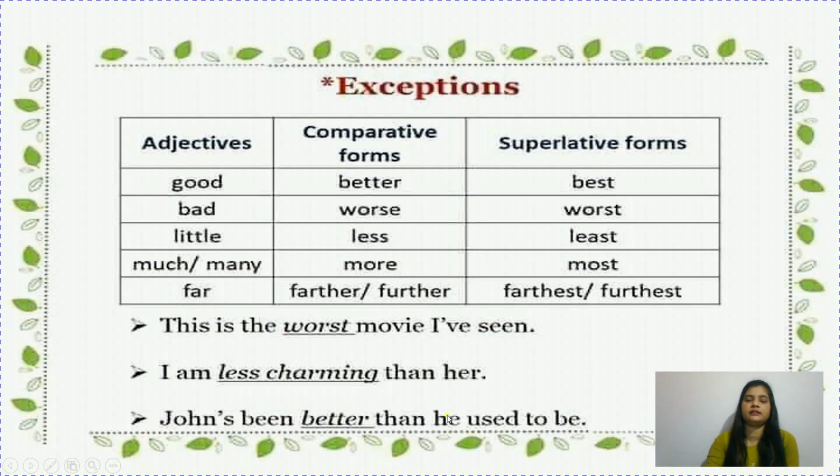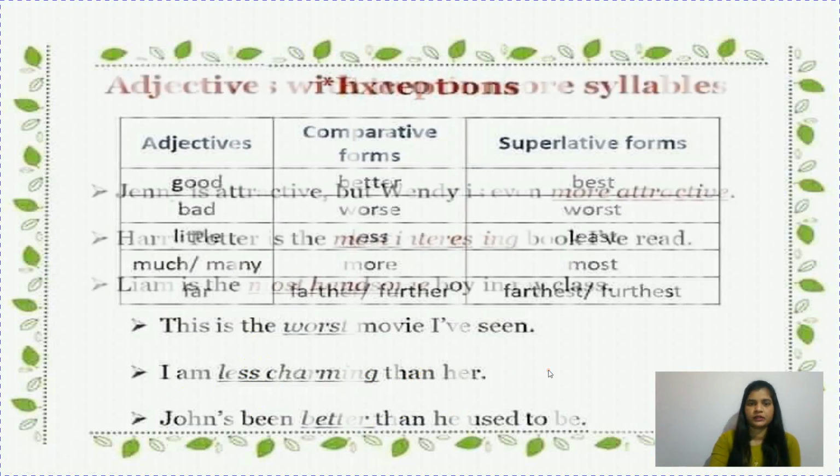John's been better than he used to be. Children, can you see it is a superlative degree? So we have used the. We are comparing here, so we have used here than. It is comparative degree. Again we are using than here because it is comparative degree. Let's see